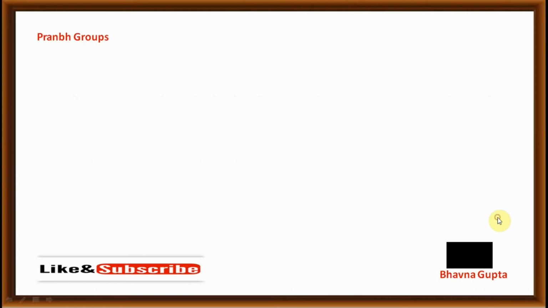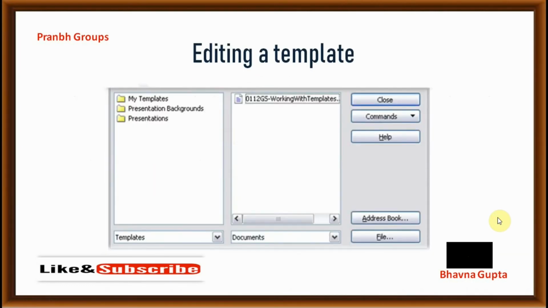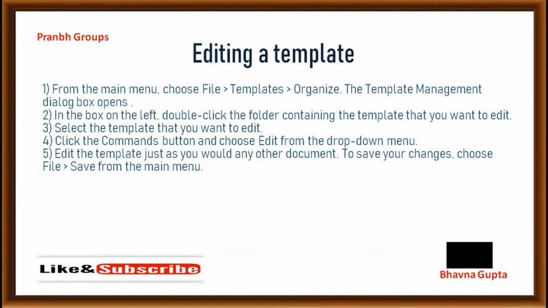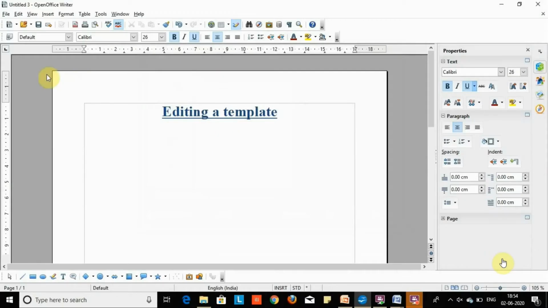And the next topic is editing a template. Editing means if you want to edit a template's style and content, and then if you wish, you can reapply the template style to the documents that were created from the template. You can follow these steps. Let's do the practical.